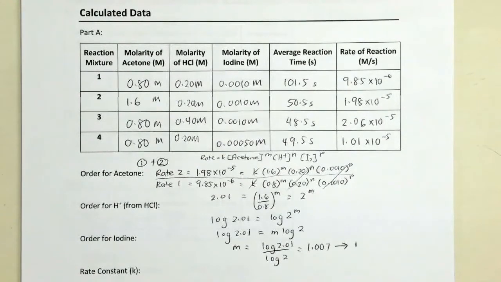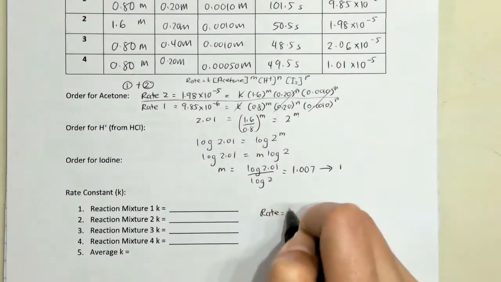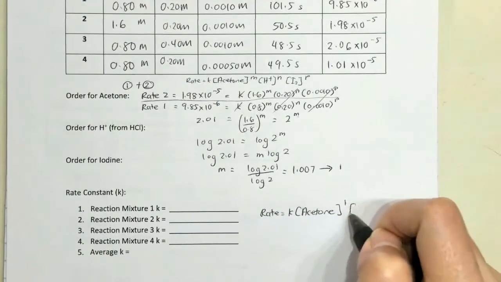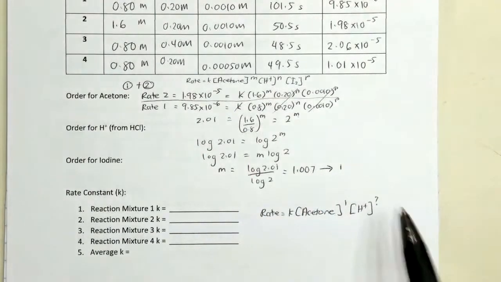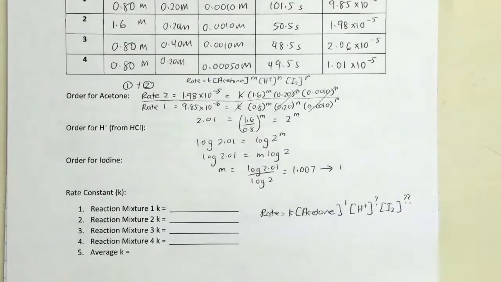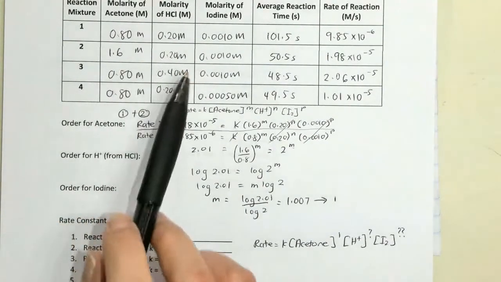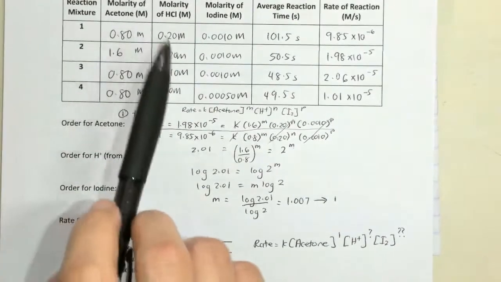Okay. So when you write a rate law, you have one piece of it. Your rate law would be rate equals K, and then you know acetone is order of 1. Now your job is to find what the order of H is, which is going to be power of n. So we have to solve for n, and then we also have to solve for iodine to get whatever that order is. That would be p. Okay, so your job is to pick 2 lines. So if you wanted to solve for H here, for HCl, you have to pick 2 lines where you can have HCl changing, but acetone and iodine cannot change. So if I just take a look here,